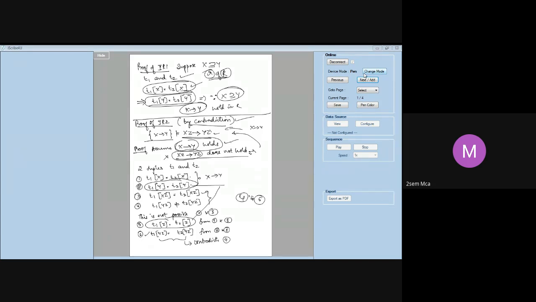Any doubts in this? How do we prove IR2? Any doubts? Excuse me, ma'am. Yeah. Ma'am, after the fourth step, can you explain? Fourth step. Okay, fine. Somebody put it there in chat. You have not followed. Tell me what is your doubt, Lavanya. You have not followed the proof of IR2?